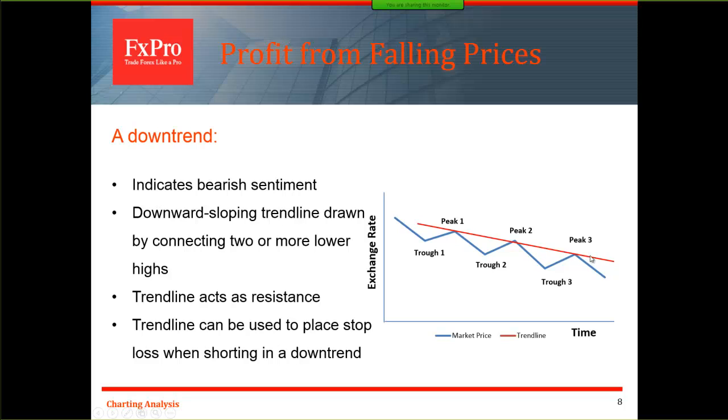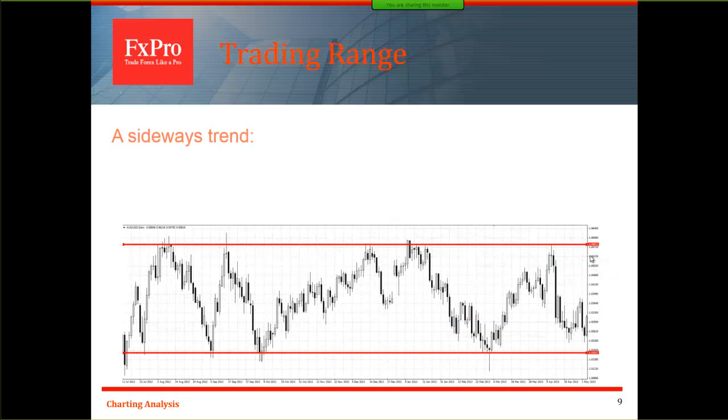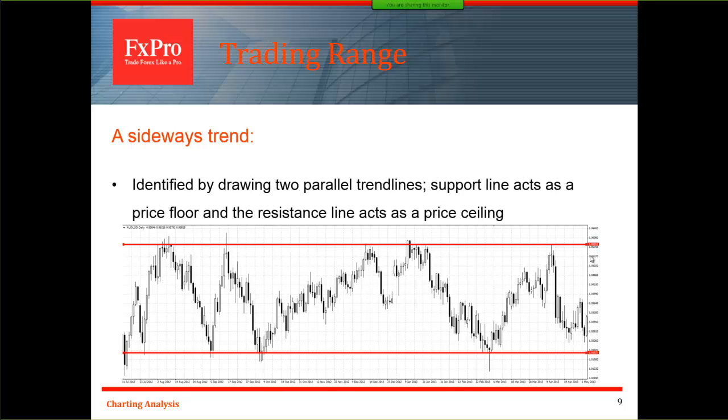Now, what happens when there is no uptrend or downtrend? Well, in such cases we have a trading range or a neutral area. Although here you have no major trend to trade, you can potentially benefit by placing trades in a trading range with clear support and resistance levels. Support is the line that acts as a price floor, and resistance is the line that acts as a ceiling. So we've got the two lines here.